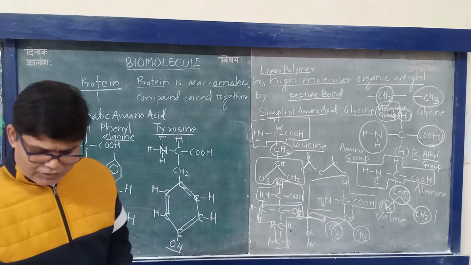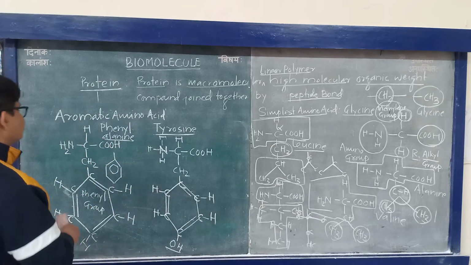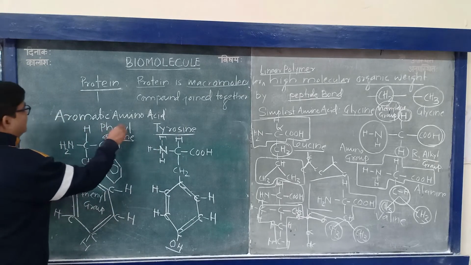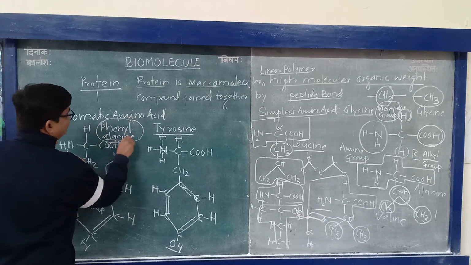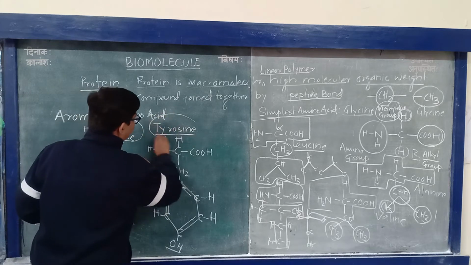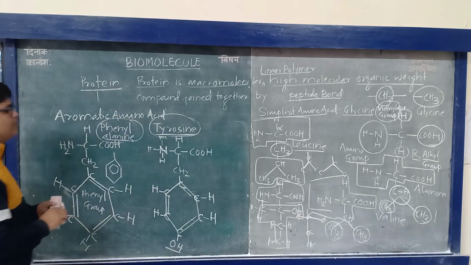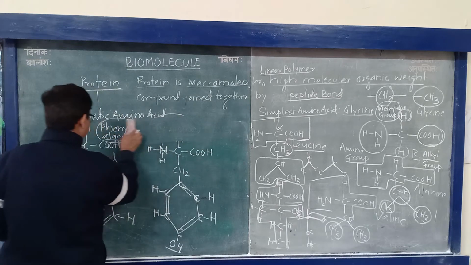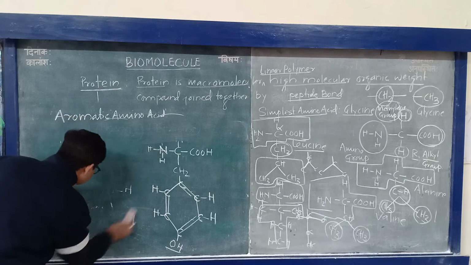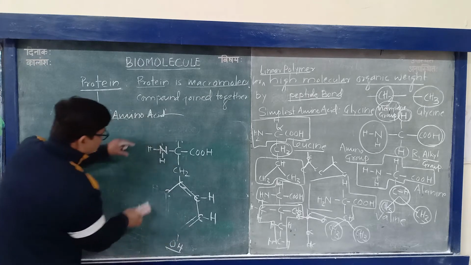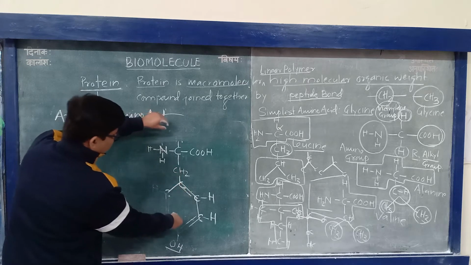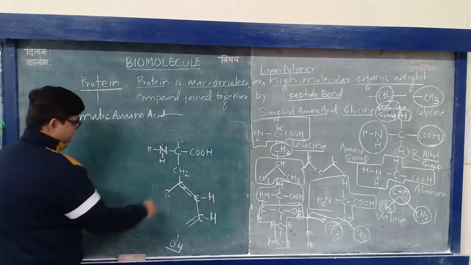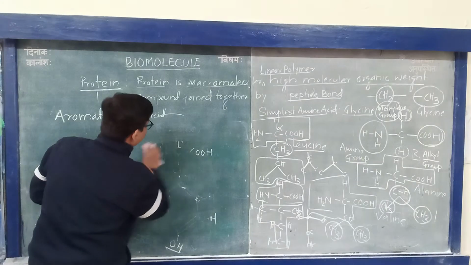Okay. Next you have to draw tryptophan. I have drawn phenylalanine, that is an aromatic amino acid, and then tyrosine, that is another aromatic amino acid. And now I am going to draw the structure of tryptophan. Okay, so just simple, it is also simple. In this structure you can draw it like that, turned 90 degrees. Okay, then you will find the structure of